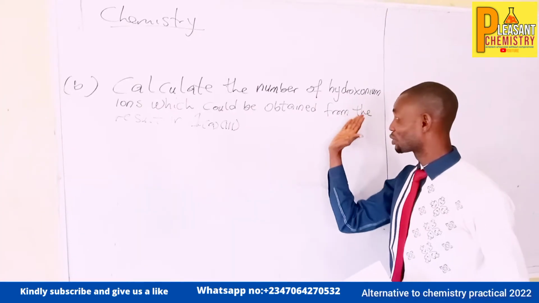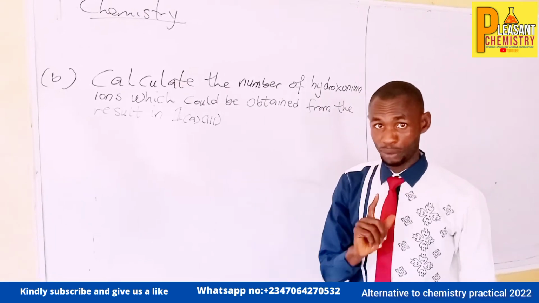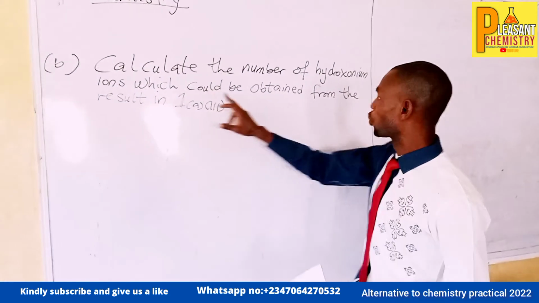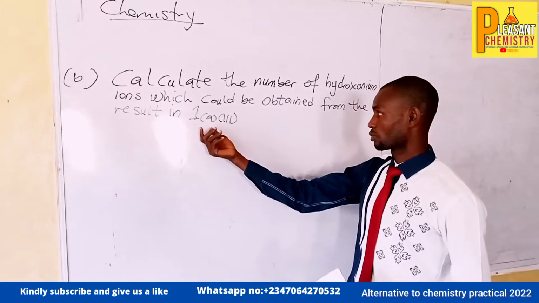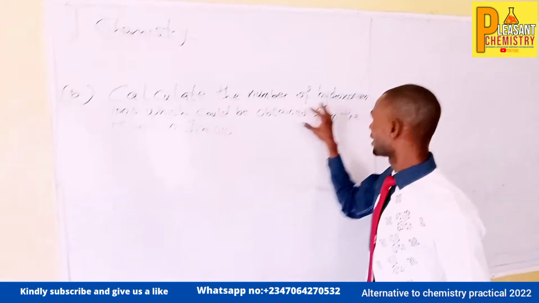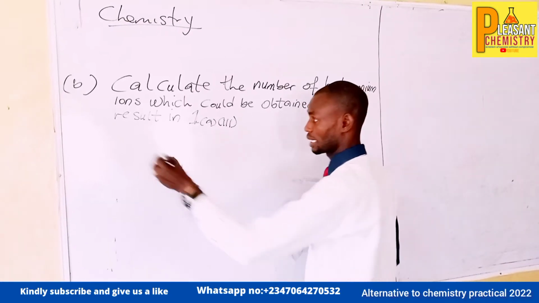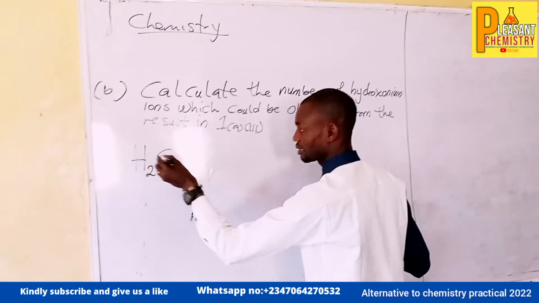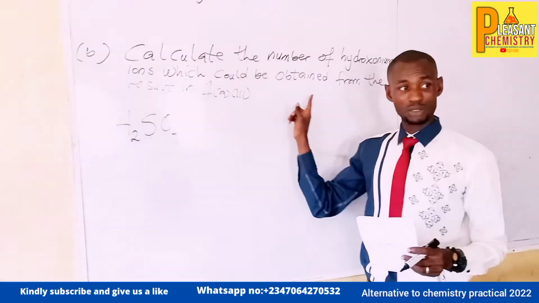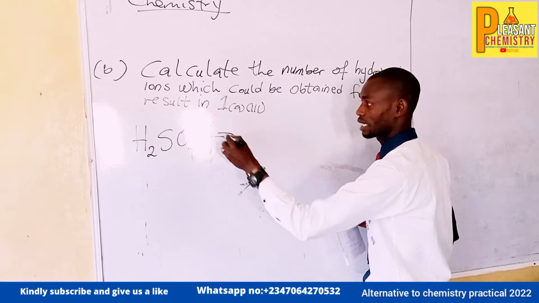Remember, when you are calculating hydronium ion, it's the same thing as saying you are calculating number of hydrogen ion, and then you can only get that from acid, okay, which could be obtained from the result in question A, I. Do you get that now? So before we can actually calculate the number of hydronium ion, remember I told us that that should be tetraoxosulfate 6 acid. That's where we can get hydronium ion. Before you can actually get correct mark for this question, you need to do the dissociation of this acid, which is